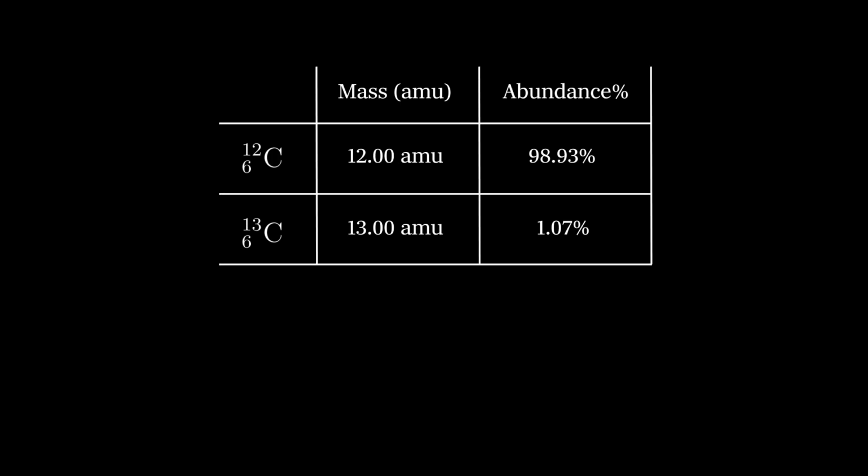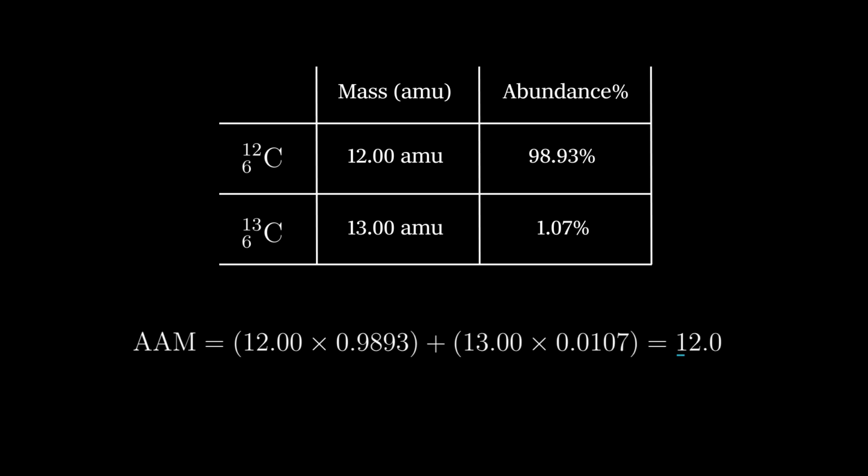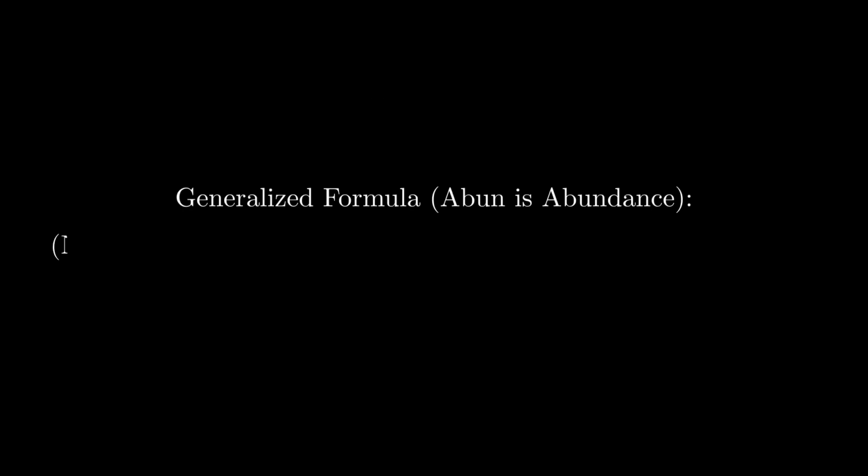First, we multiply the mass of each isotope by its abundance, not by percentage, but by decimal. Next, we add those numbers. So, the formula for average atomic mass can be generalized as